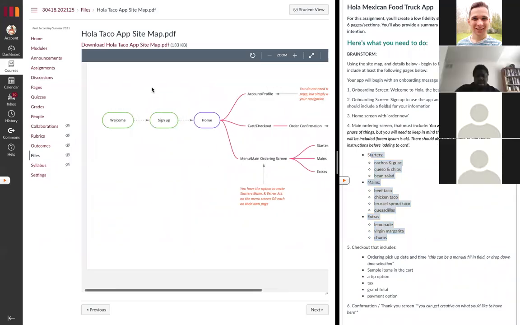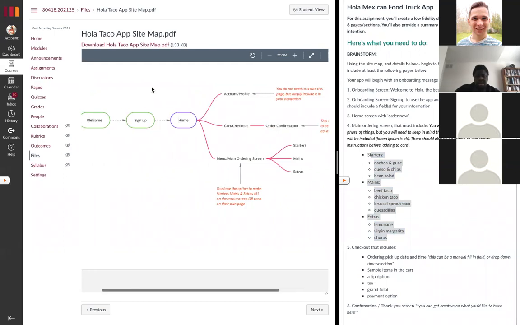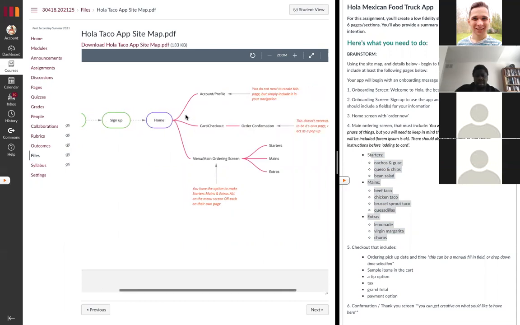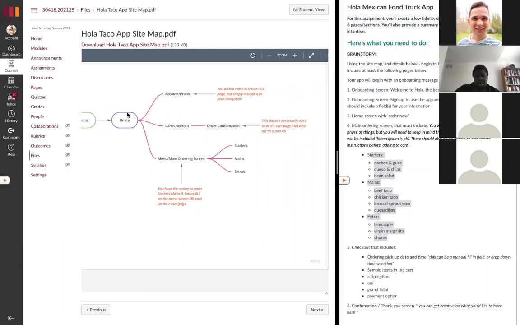Okay, so we're looking at our sitemap. So I'm just going to recap this team. Our welcome onboarding screen, our sign up onboarding screen, and then we land in our website, which is home. From our home, we will have strictly in the navigation, and I'll circle back to this in a moment,